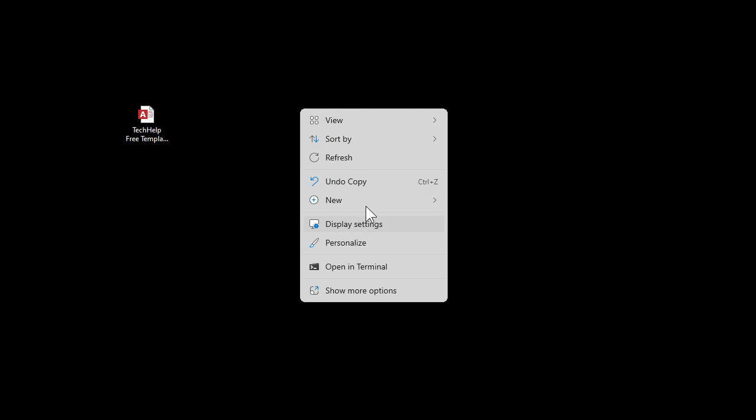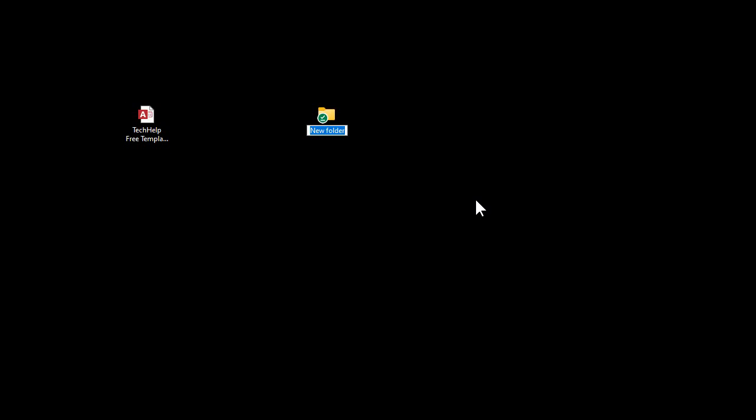Alrighty, so for this example, we're going to use my Tech Help free template, and we're going to pretend that we got 4 or 5 different users on a network, on a local area network using it. So we'll simulate a file server, a database server, by just creating a folder on our desktop. We'll call it DB. But this would be whatever shared folder you have set up on your server,